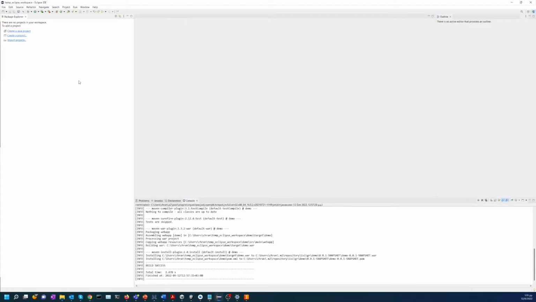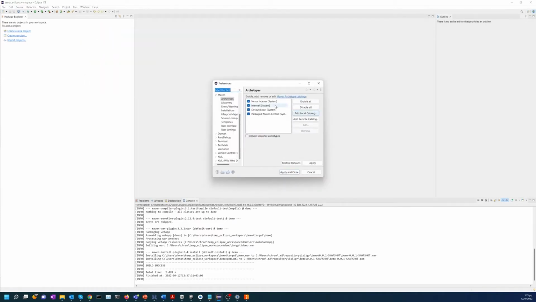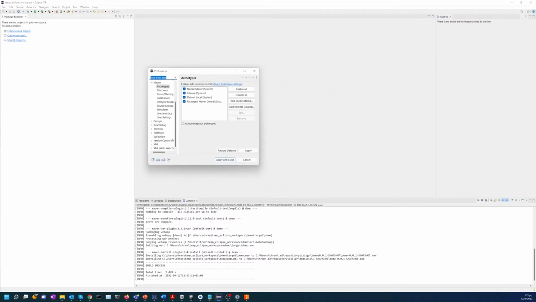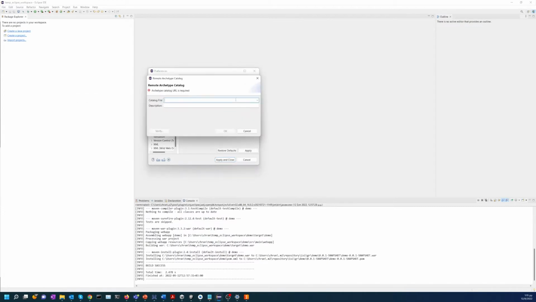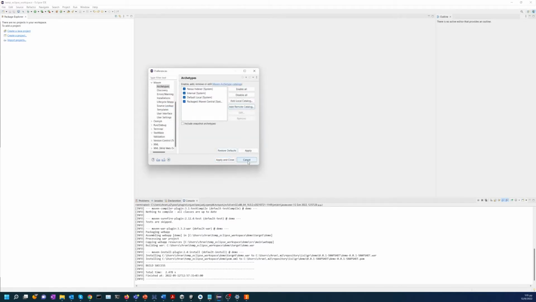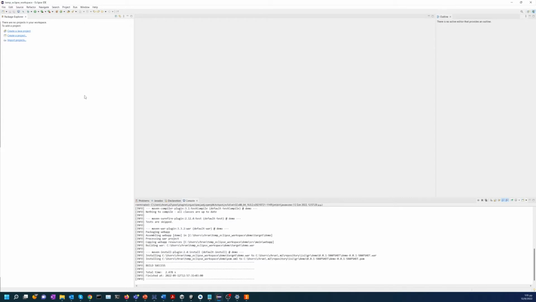So in Eclipse, you click on Window, then on Preferences. On the left menu, you go to Maven Archetypes. I have already installed this archetype, but the course of actions is the following. You click on Add Remote Catalog. You paste the URL. You add the name, and then you click OK and apply and close. So the system downloads the archetypes, and then you create a new project by clicking on New